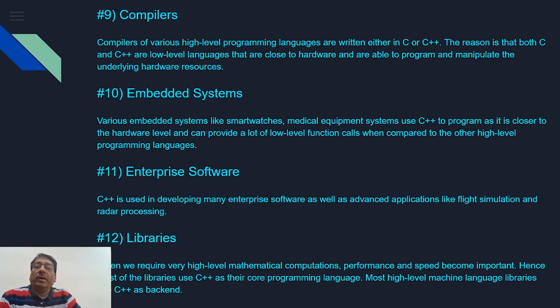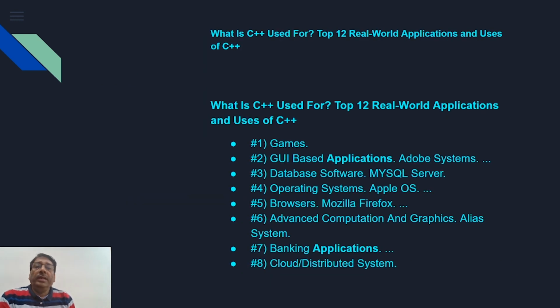You can go for designing embedded systems wherein you can design smart watches and all with the help of C++. Apart from that, you can also design enterprise software like flight simulation software with the help of C++. C++ also provides a lot of libraries for a user to work upon so that you can do high-level mathematical computational applications, as well as make use of these libraries for core programming and so on. So these are the various real-time applications that we have when you learn this